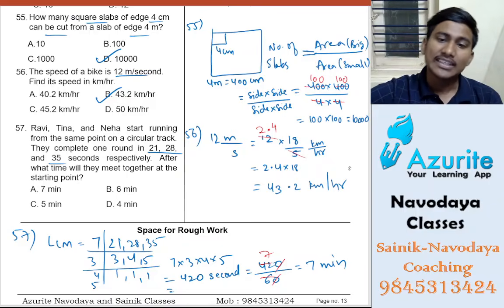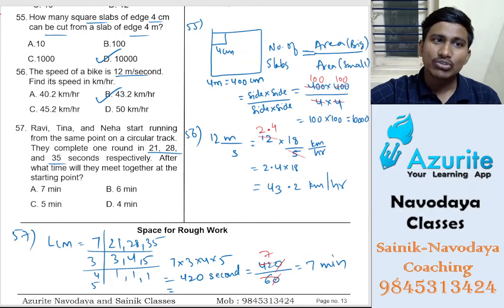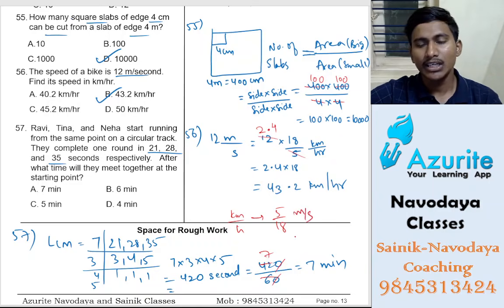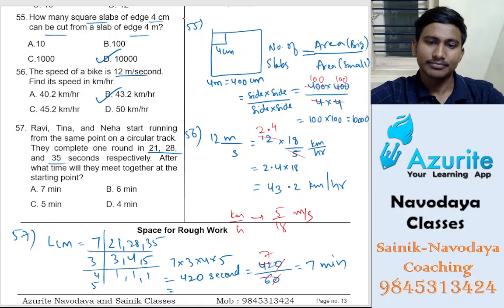Once again, if you want to convert kilometer per hour to meter per second, you should multiply with how much? 5 by 18. Understand? Okay now? So you should remember that. So see here students,